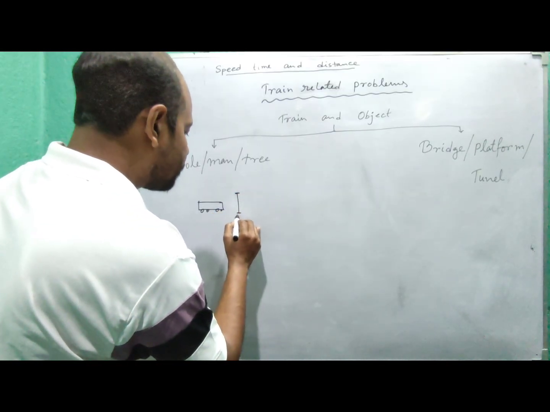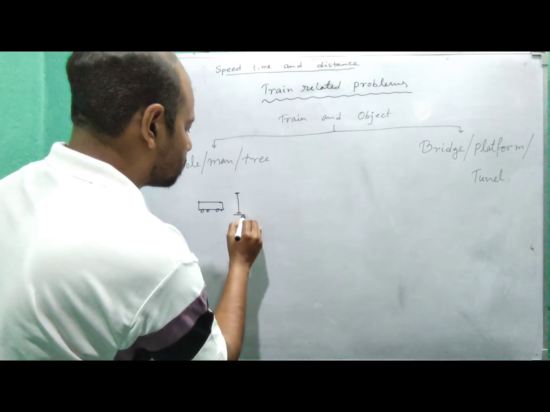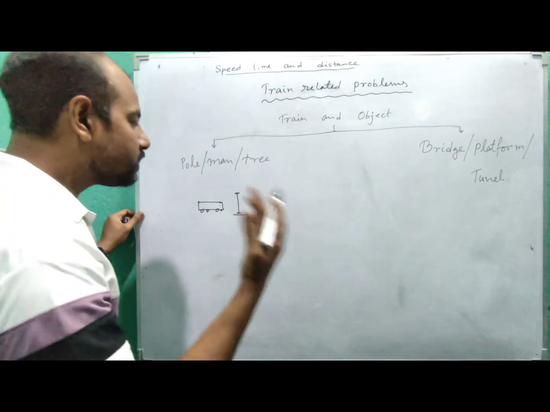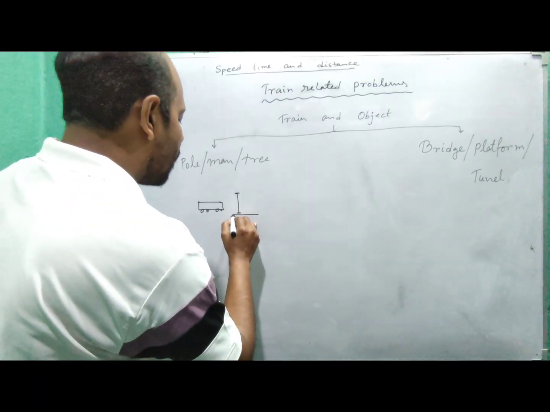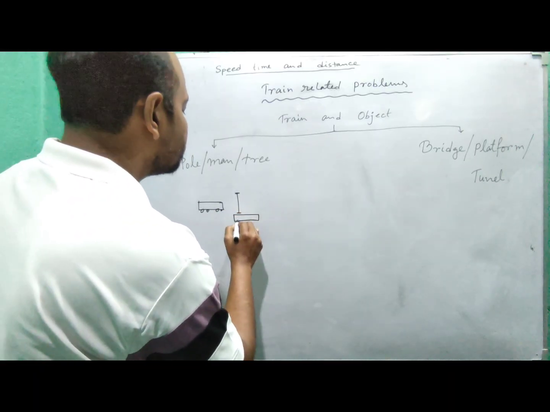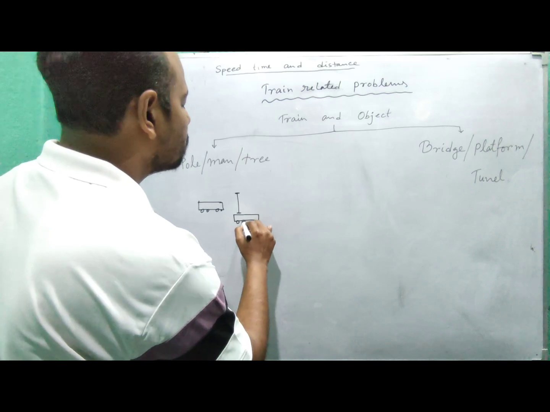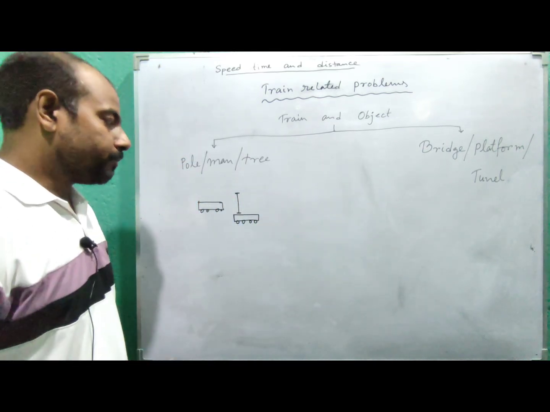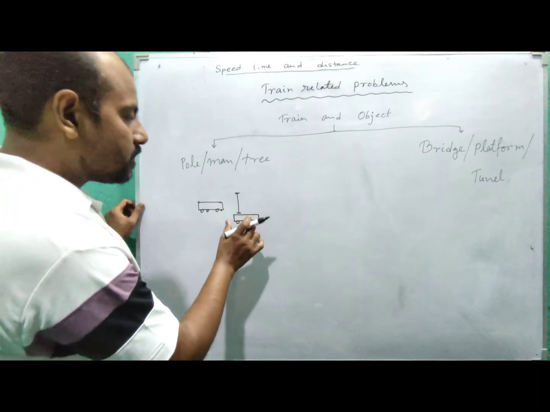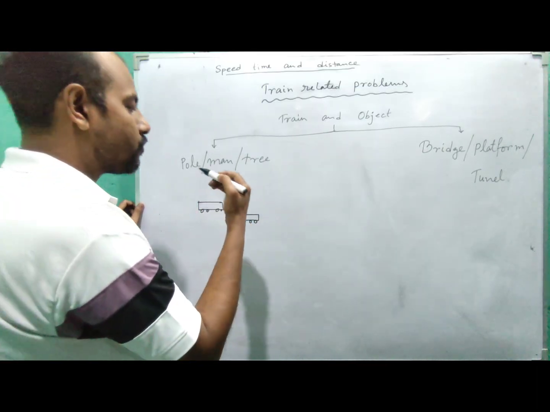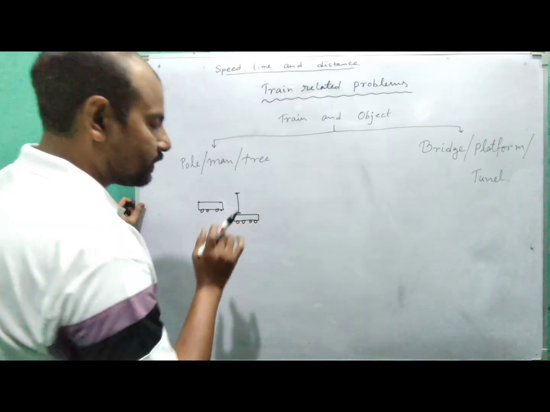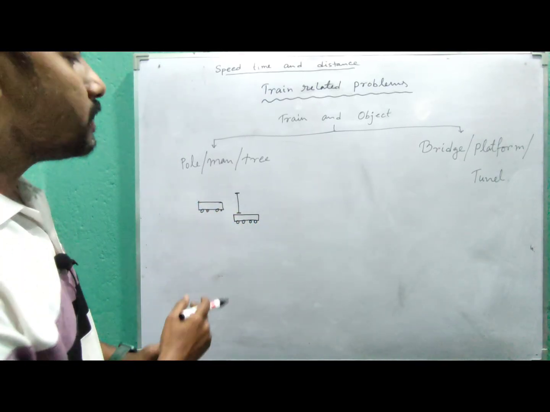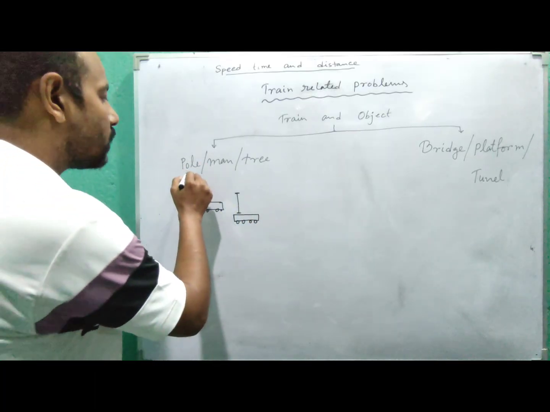When the front part of the train starts moving here, the train starts crossing the pole, and when the back of the train crosses the pole, then we can say the train has completely crossed the pole. So the distance covered by the train for crossing the pole is its own length. The length of the train will be the distance covered by the train when it crosses a pole or a